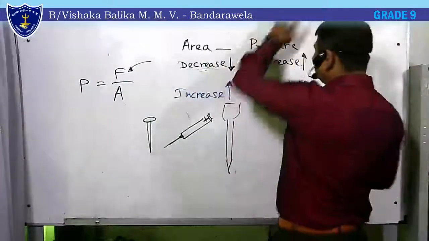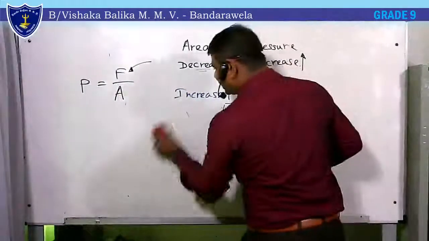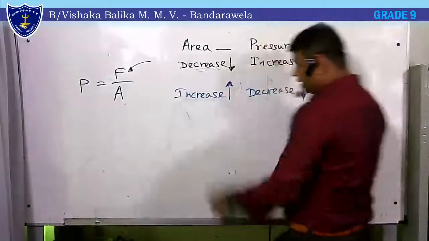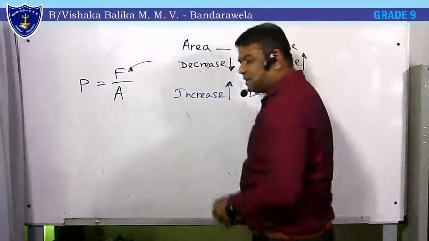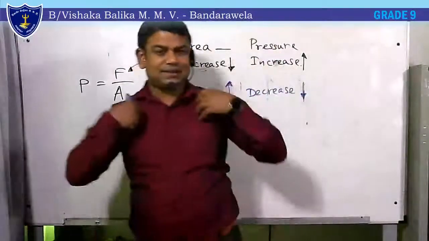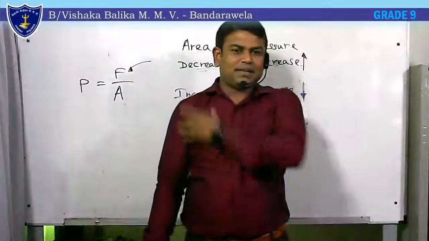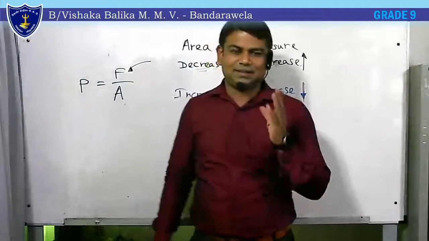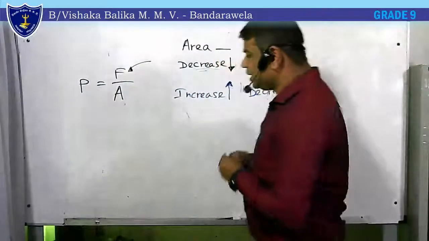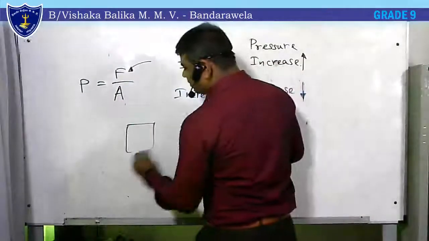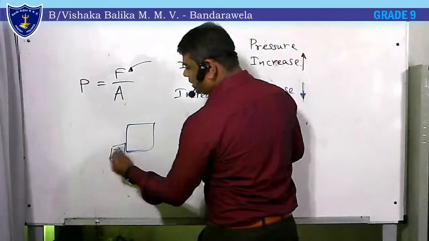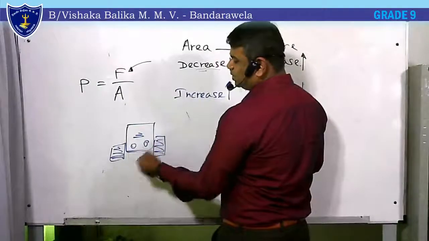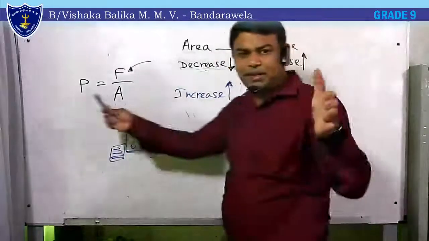Then what are the instances where we decrease the pressure by increasing area? One example, think about your baggages. Bags have wide belts to decrease the pressure exerted on your shoulders. Vehicles which are running on mud, just like backhoe machines or something, we have seen their wheels are very wide. Tractors, backhoe machines, or such machines, their wheels are wide.